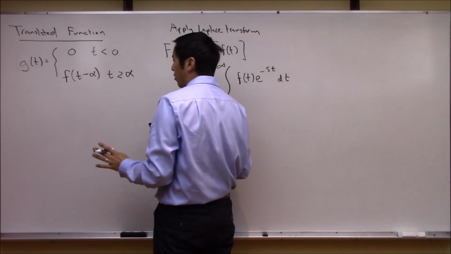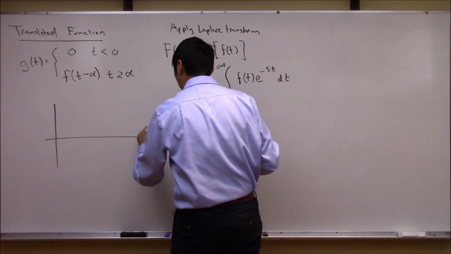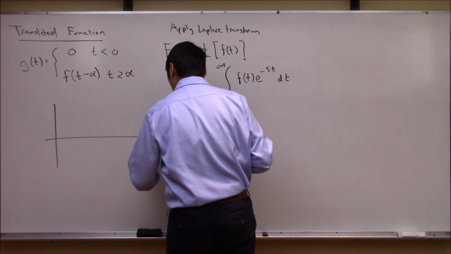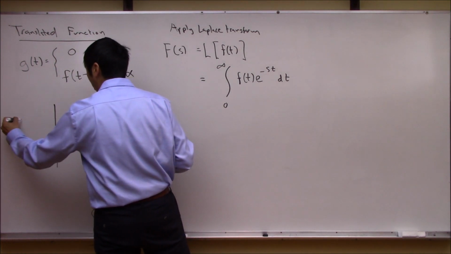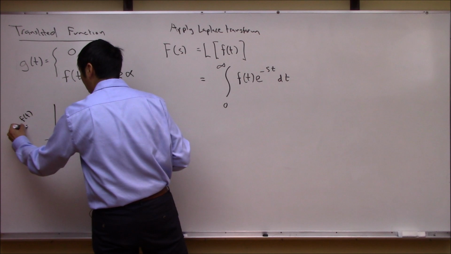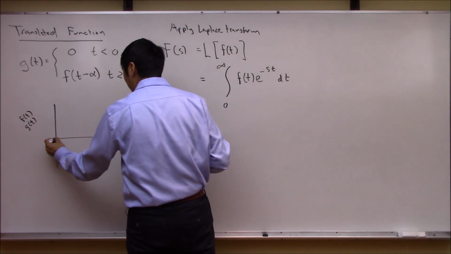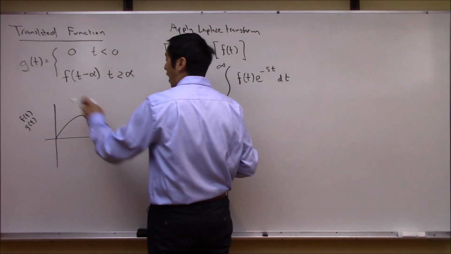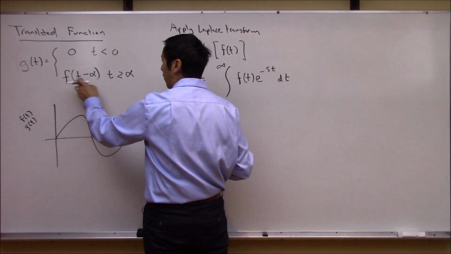Okay, so what this looks like, just so we're all on the same page, is let's just plot this out. Here's the independent variable t, and then you've got the dependent variable, which is going to be f of t or g of t. In this case, we're going to plot both of them. So let's first look at f of t. So f of t could be something like a sine wave. Something like this, okay? And what g of t is, it's basically the function value of f, but it's delayed